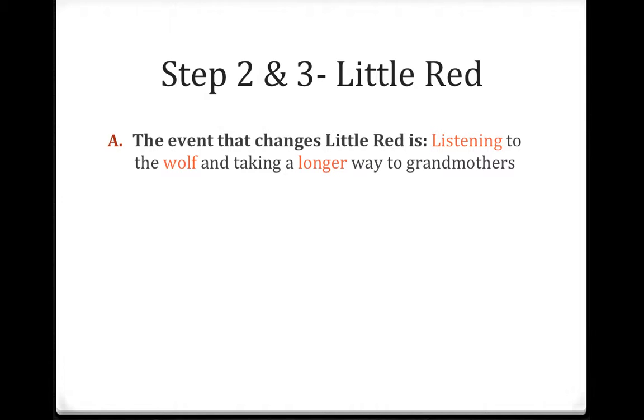Here are steps 2 and 3. I now need to think of an event that changes Little Red. So my event is that Little Red was listening to the wolf and she took a longer way to grandmother's. She should not have done that. She should have just gone the way that she normally does. But she encounters the wolf in the woods, and the wolf is like, hey, I know a shortcut. And Little Red's like, cool, that's awesome. And then she takes the